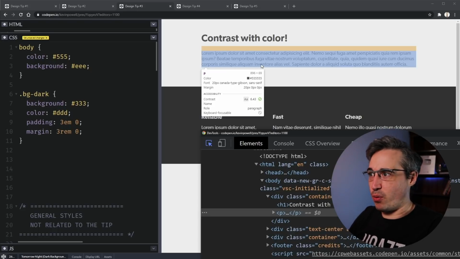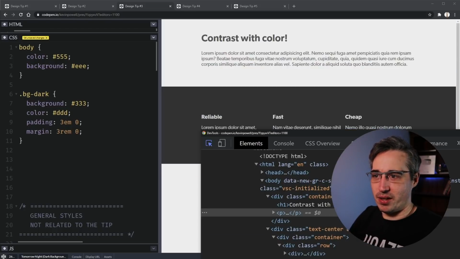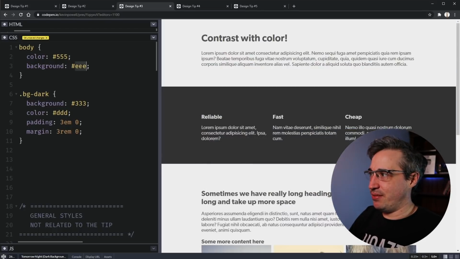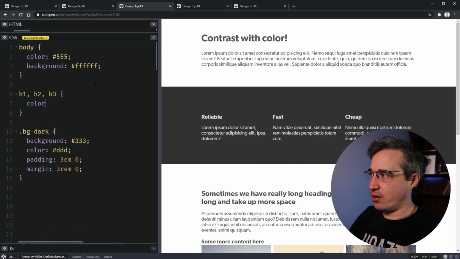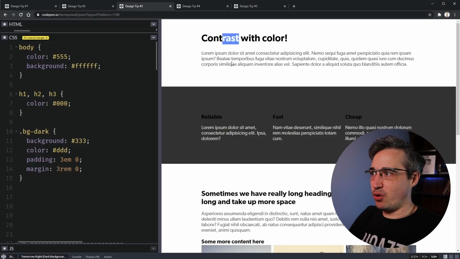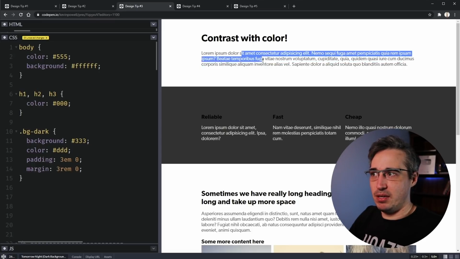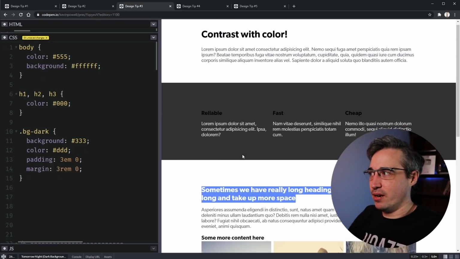The number there, 6.43, is getting a little bit low, but we're not in the danger zone too much yet. And maybe we could even make this like an EFEFEF, just to brighten up the background and increase the overall contrast a little bit. Or we could even go all the way up to white to really make sure that we can see that enough. But then what I could do is also come to my headings, H1, H2, H3, and say that the color on those is black, or it doesn't have to necessarily be black. By doing that, I'm creating an extra bit of contrast between my title here and this text here, because there is a difference in the color. This is grabbing my attention a lot more than when I didn't have it.